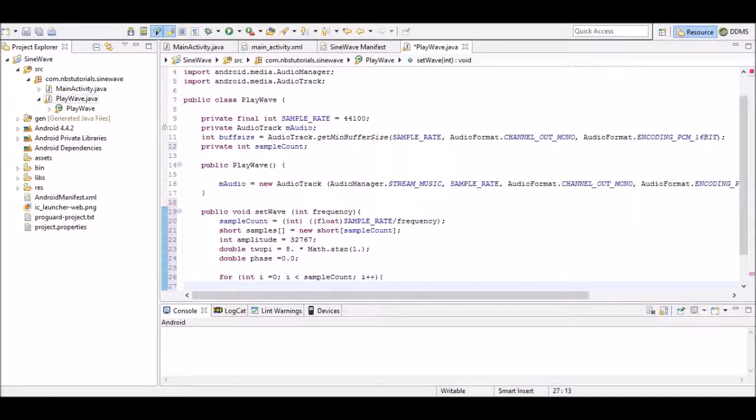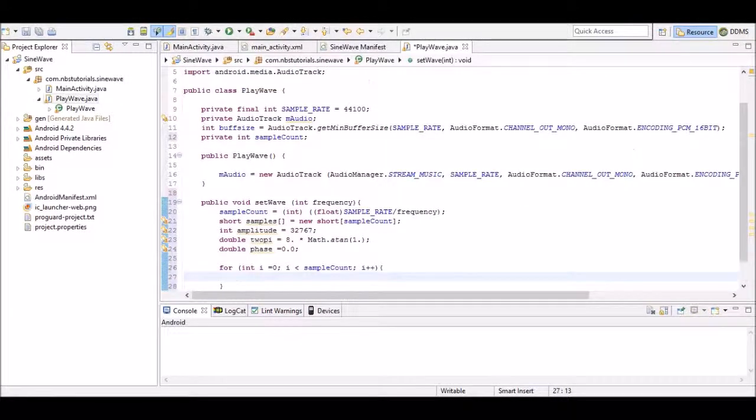Let's put the brackets in there so we're ready to fill in the gaps. So for the samples, quite straightforward: samples index i is equal to, we'll cast this as a short,